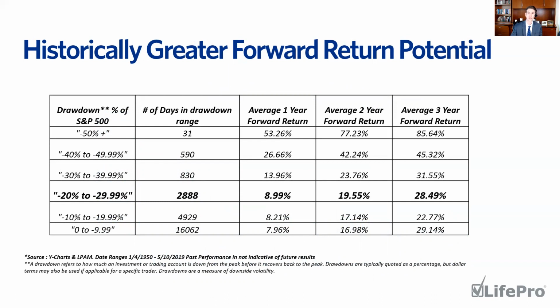And what you'll see here on this chart is, first we looked at the drawdown of the S&P 500. In other words, how far off the highs are we? So categorized in 10% increments. So all-time highs to negative 9.99, negative 10 to 19, negative 20, that's that bear market territory, to negative 29.9, and so on and so forth. Now, today, we're in that bear market range. And throughout time, there's been 2,888 days where we've been in this type of drawdown